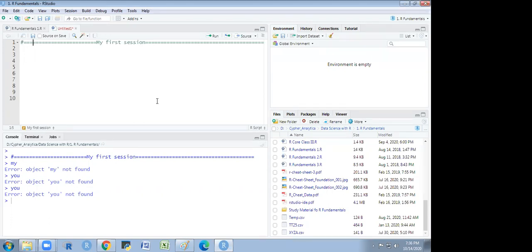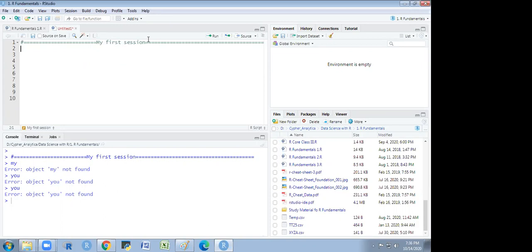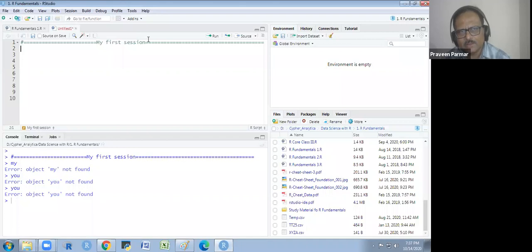Okay, you have written it by yourself. Whenever you write a comment, it is not any syntax or function that we are using in R. So it is a comment. R will not read the comment. R will not take it seriously. It will not be considered by R. Okay, got it. Thank you, sir.